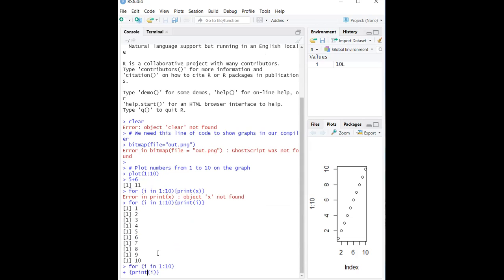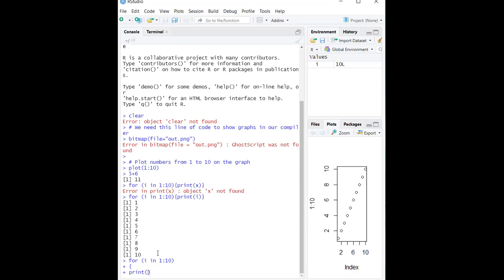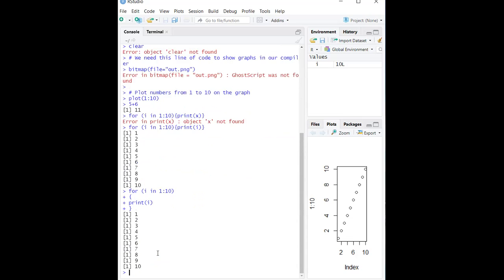Even we can spread our code across multiple lines, just like how we write in our normal program. If we don't want it in a single line, we can write it that way. Until that particular statement is completed, it will not execute, and it will later on give the results. No need to put the semicolons and all whenever we are writing these kinds of commands.